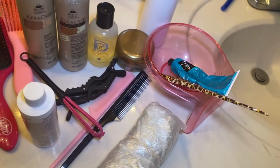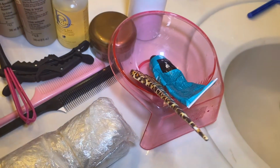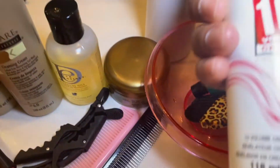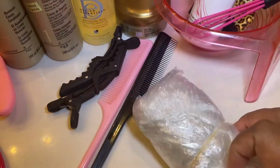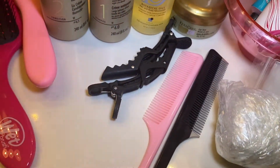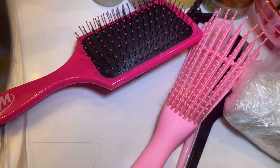So some of the products that I use to accomplish this is just the Demi-Permanent hair dye, and this is in N1, and then I'm going to use the 10 volume developer for that. I have my little whisk and an applicator brush. You'll also need some shower caps and some gloves so you don't get dye on your hands. Then I have 2 combs. Then I have this magic detangler. I love this thing. So you'll just need one of these detanglers, a paddle brush, and then I'm using